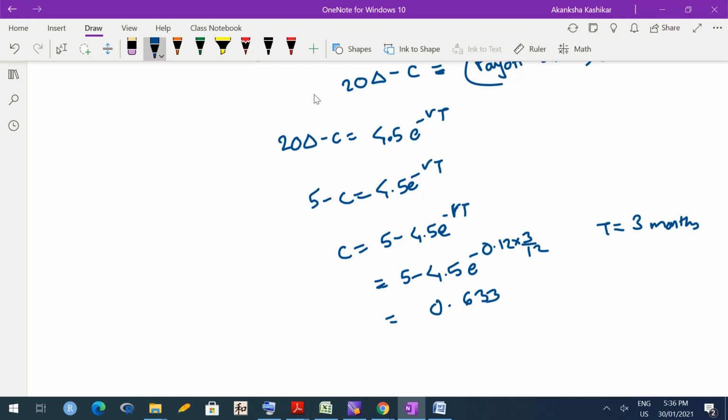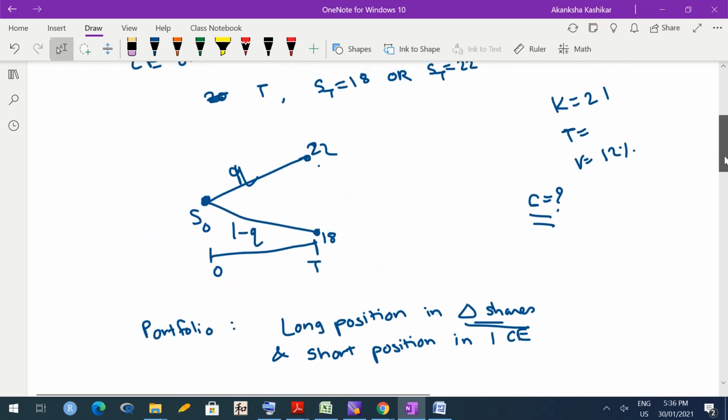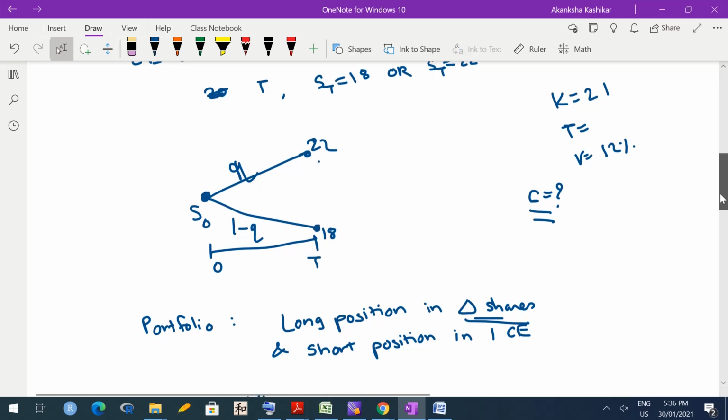So this is how a binomial tree model works. At any given time point, we consider that there are only two possibilities. Share price either goes up or down. We know the values by which it goes up or down. And portfolio should be riskless, so both up and down movement should give you exact same value of the portfolio. And portfolio should earn interest at the same rate as risk free rate of interest. So portfolio worth at this time point into e raised to RT should give me portfolio worth at this time point. Is it okay?